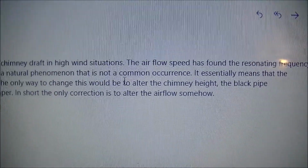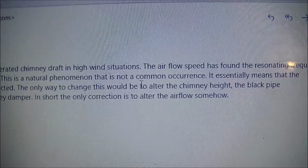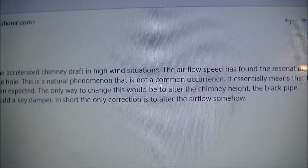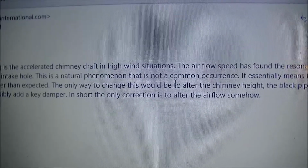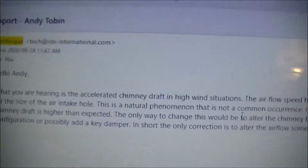So I messaged them back and asked them, is it necessary to have this hole there? Is there a kit that I can buy to plug the hole? And of course, that was Wednesday of last week. Today is Sunday. Now I know they're off from the office, but I'm not hearing back from them. So to that end,